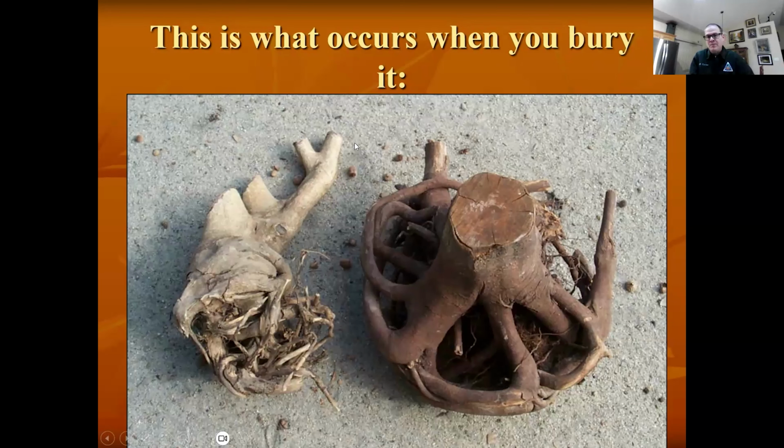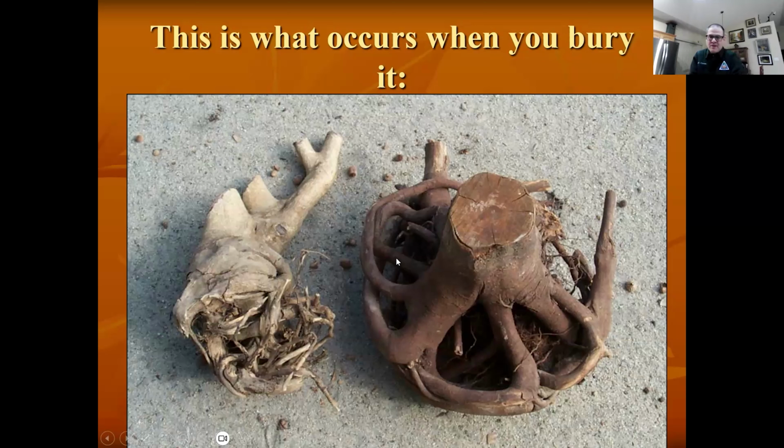So what you need to do is when you pull this plant originally out of the pot, realize these roots were only a few millimeters to maybe pencil thick at the most.